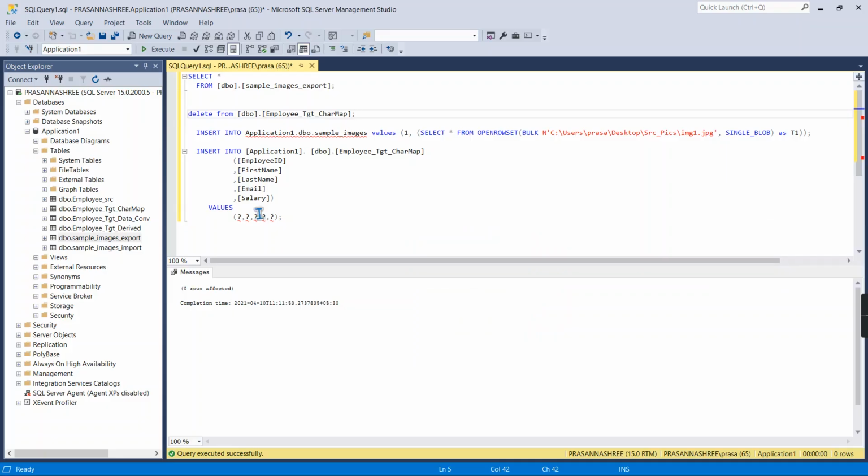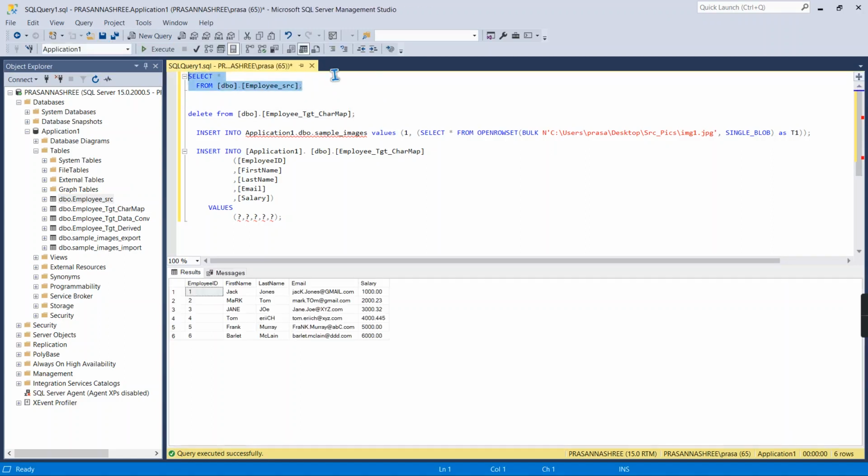First we will see what data is available in the source table. I have here employee ID, first name, last name, email and salary.